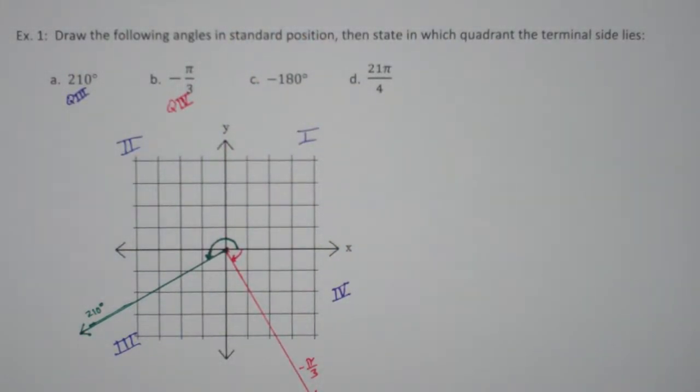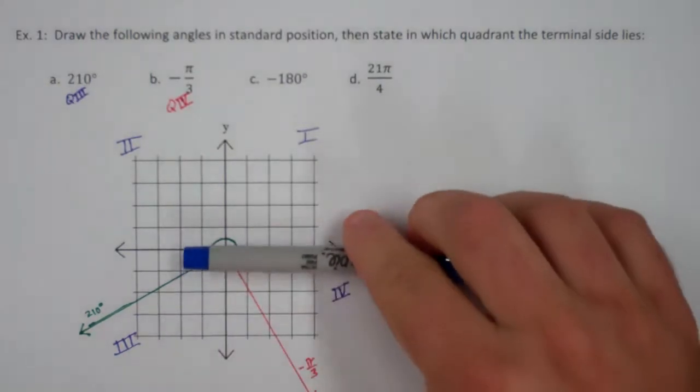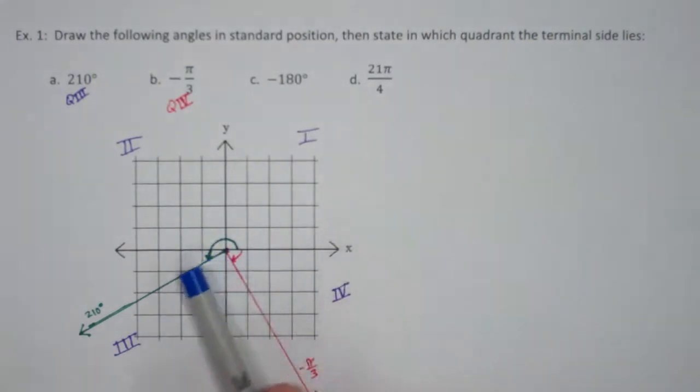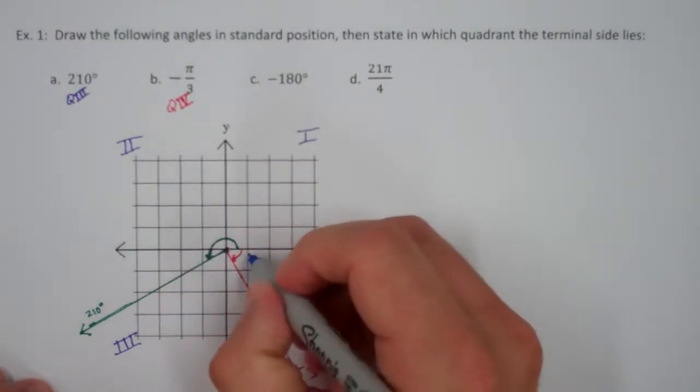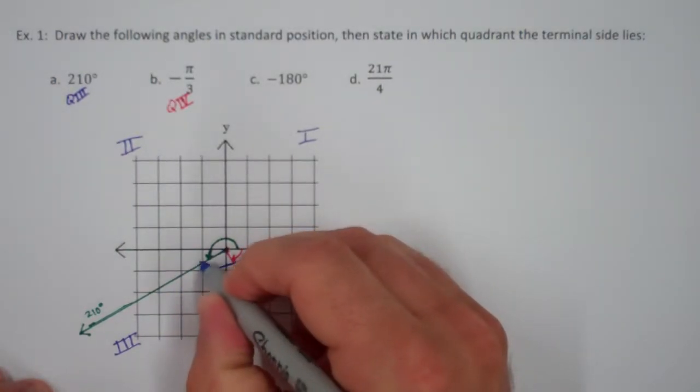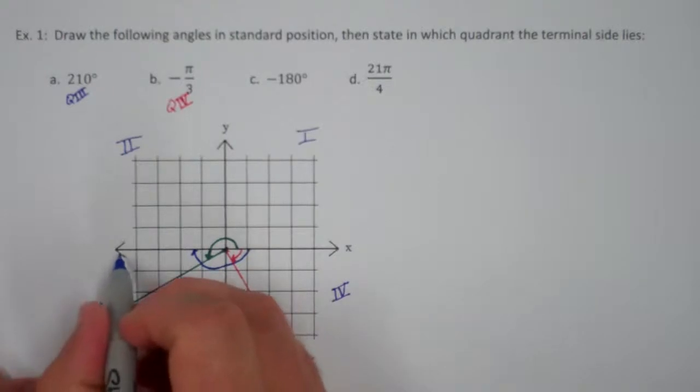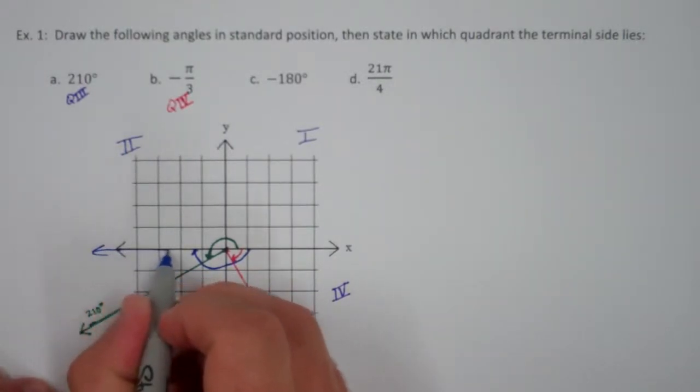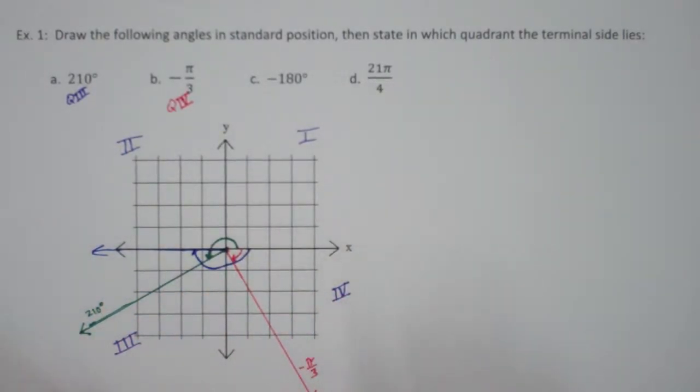Negative 180 degrees, we'll try this one maybe in blue. So negative 180 degrees, that would be that clockwise rotation, beginning down first. And so we're going to carry this one all the way around 180 degrees, which would be halfway around. And you can see that we line up right here on one of the axes, and we're not really in